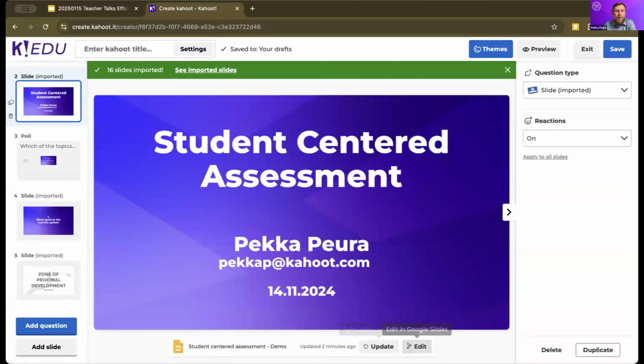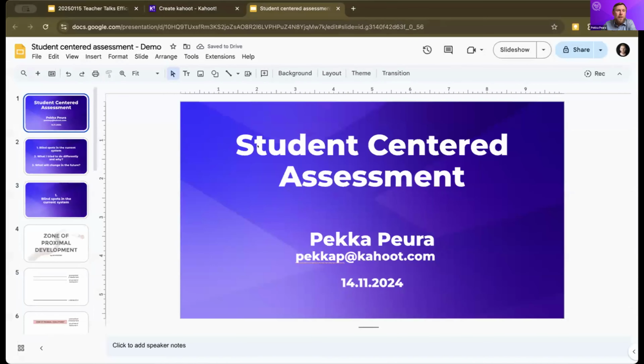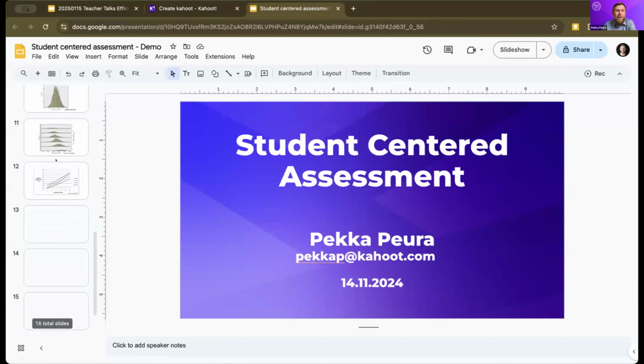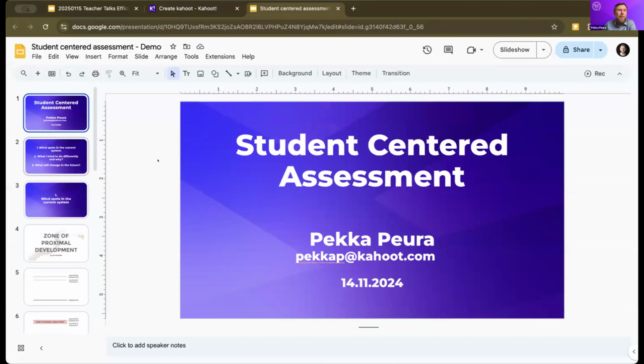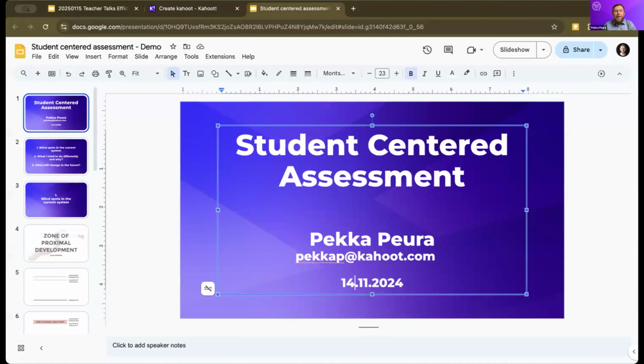So what I can do is click edit. And if I click edit, it opens this Google Slides presentation in my Google account. So now I'm not in the Kahoot platform anymore. I'm in my Google platform, and I can actually start editing my slides. So let's add